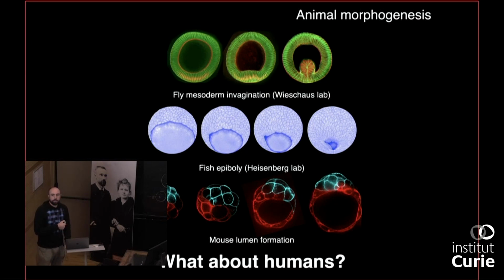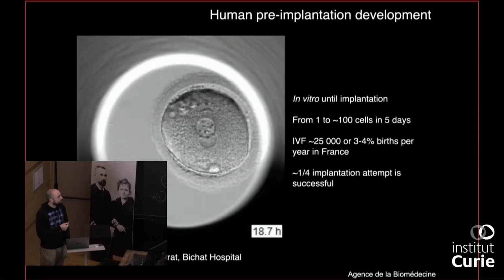So studying human embryos can be technically and ethically complicated. It's difficult to have access to material for experiments. But there's one time during our development which is accessible to experimentation, and that's pre-implantation development. It is a phase of development that occurs before the embryo is implanting into the maternal uterus. And so during this time, you can culture the embryo in vitro entirely for the first 5 to 6 days.